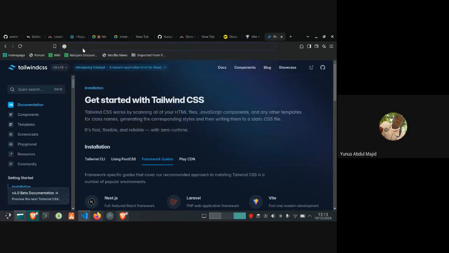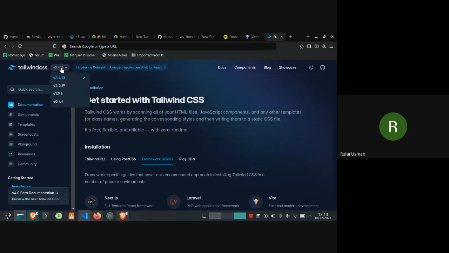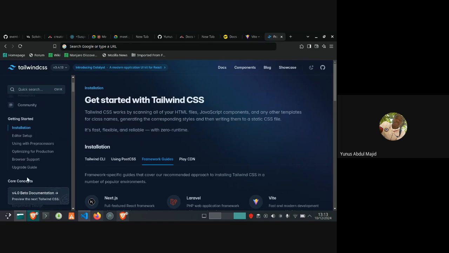Look at this, getting started, on the left. Then installation. Just click on this version 4.0 beta documentation.